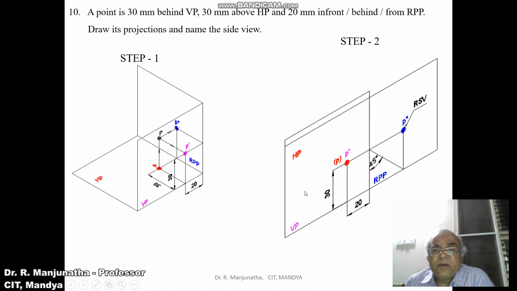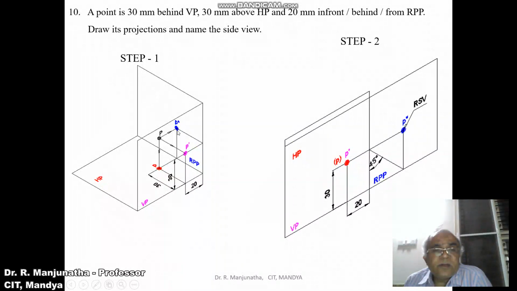So when you look from the top view, we can see the distance of P. When it is rotated by 90 degrees, both P and P dash are going to have an equal length of 30 mm, so both are going to be overlapped. So you mark small p, because small p is the one which has been rotated, because the horizontal plane is the one which is rotated and VP is fixed. Then you draw a horizontal. When you look from the right side view, we can see the above HP distance, that is the front view distance. We can see the behind VP distance, so that distance is seen here.